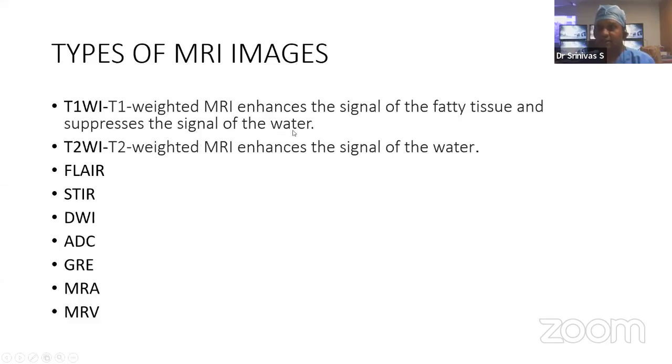So here the signal of water is suppressed and the fat tissue is enhanced, and T2 is the reverse of T1, where there is enhancement of water. We will look deeper into the T1 weighted image, T2 weighted image, FLAIR, DWI, and ADC in our further